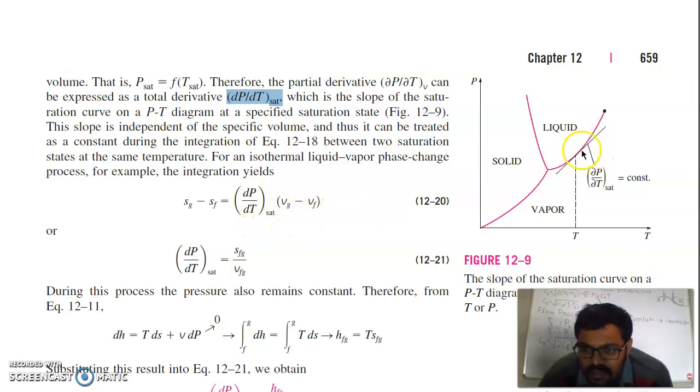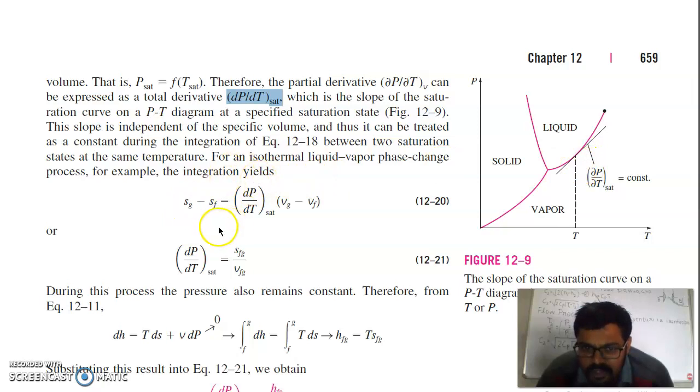So we are talking about the phase change process. This is, you can say, the solid, vapor and liquid regions. This is the pressure-temperature diagram for your fluid. You can see here that during the phase change you will shift from this region to this region. This is your slope, which is ∂P/∂T, and it is constant during the saturation temperature, as we shift from the liquid to the gas vapor phase.